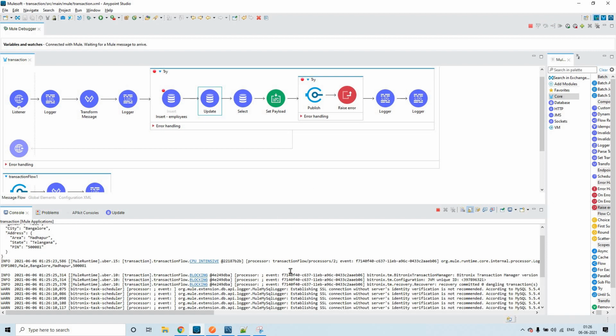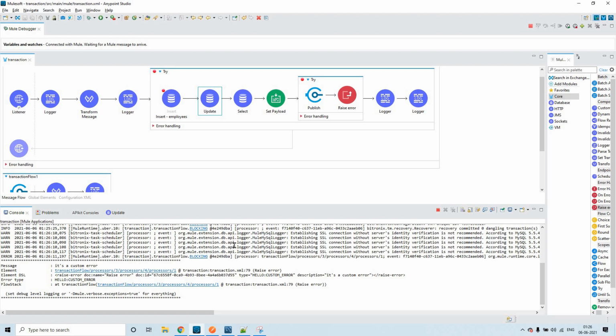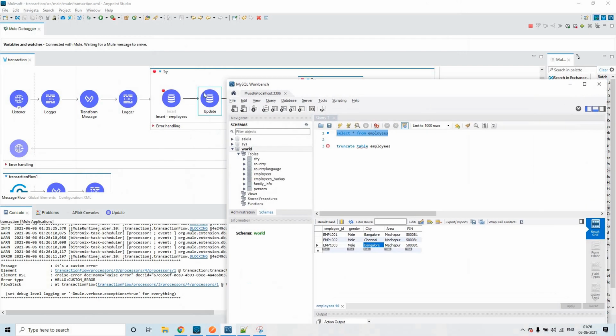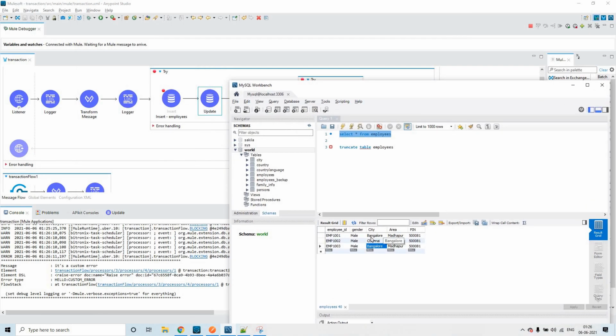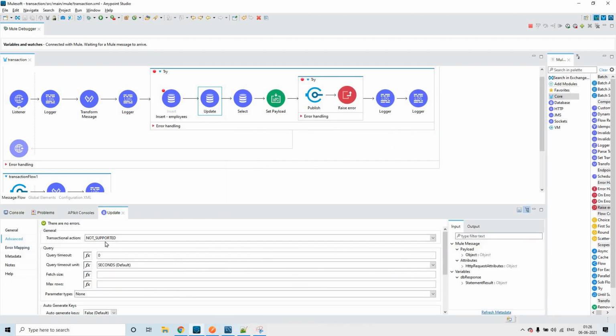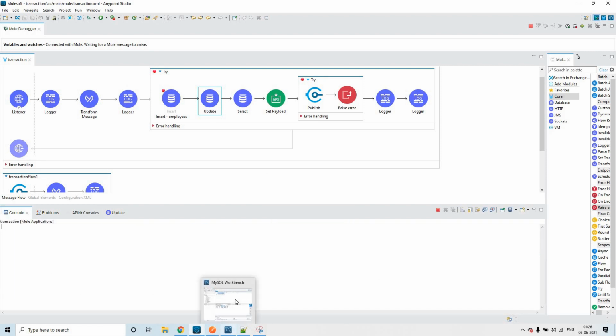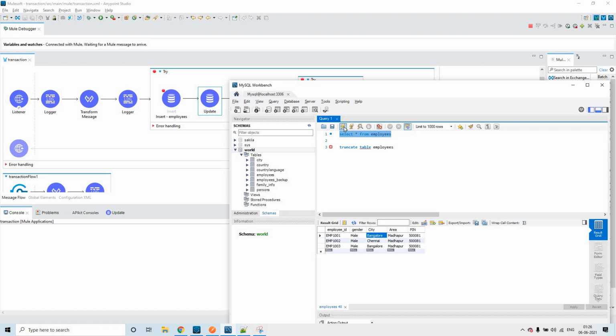So now you see here, what is our expectation? Our expectation is that something like this has to be removed. That is fine. And previously, as per the previous setting of this update, it was reverting to the previous state of this particular city value for employee 1001. Now, as I have configured it as not supported, we'll understand the impact of that. Let me execute this.